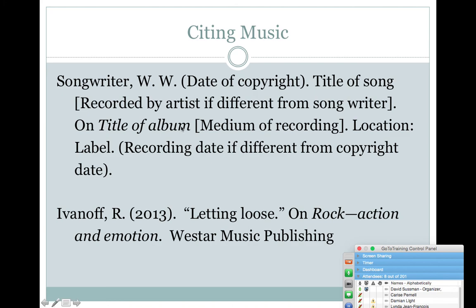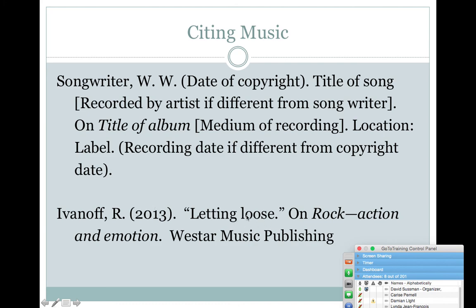Up here is sort of the nitpicky details, but it might be more useful just to look at the example, because if you look at the example, you'll see that it's pretty much following the same rules that you learned for citing an article. So we don't have an author's last name, but we have a composer. And again, the same protocol, right? Last name, first initial. If there's a year for the piece, we put those in parentheses. If there's a title for the track,